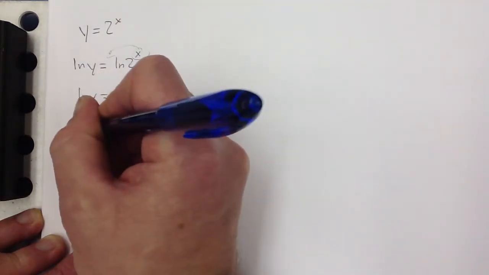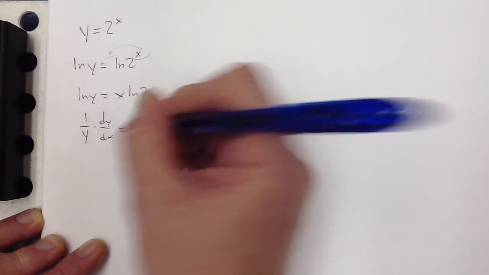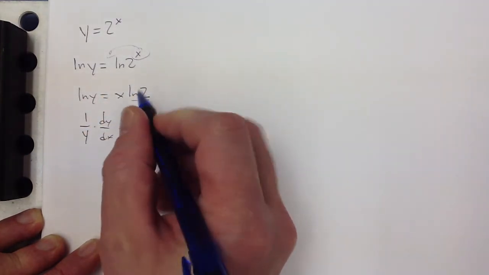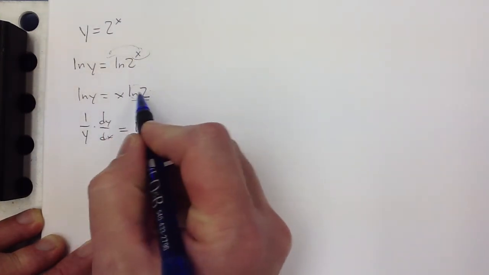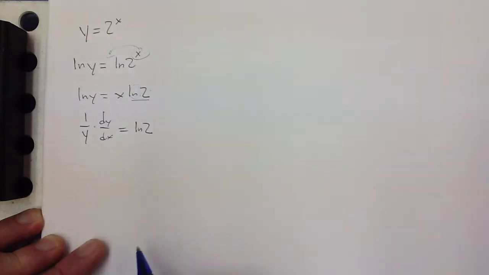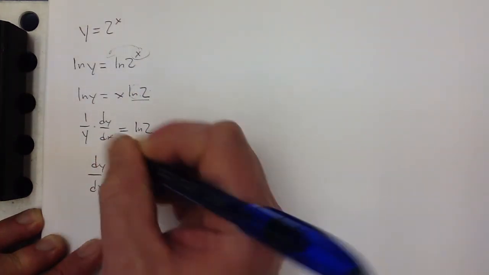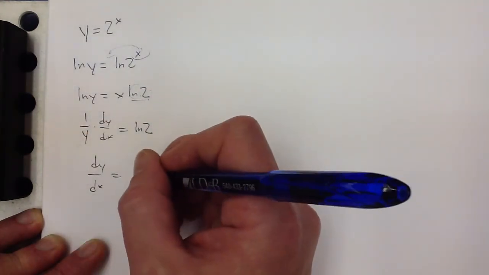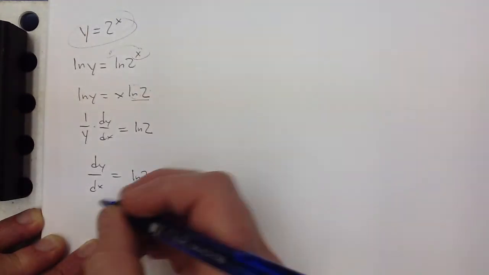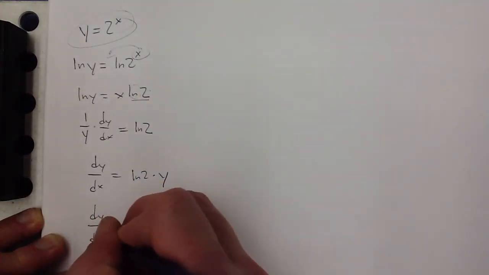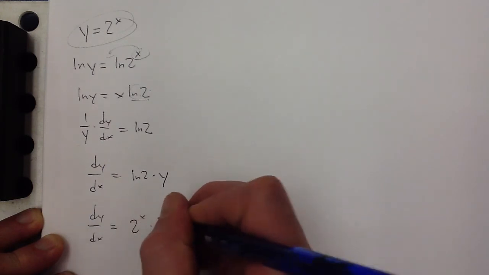The derivative of natural log y is 1 over y dy dx equals, remember this is just a number, so the derivative of this number times x is just that number, as if the derivative of 2x would be 2, right? That's just a number. And dy dx, multiply the y over to the other side, so it's the natural log of 2 times y,